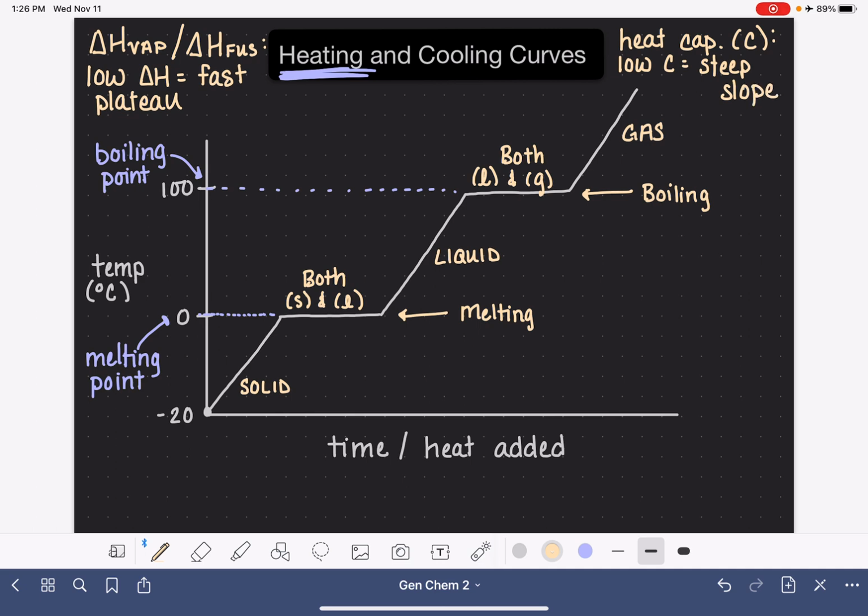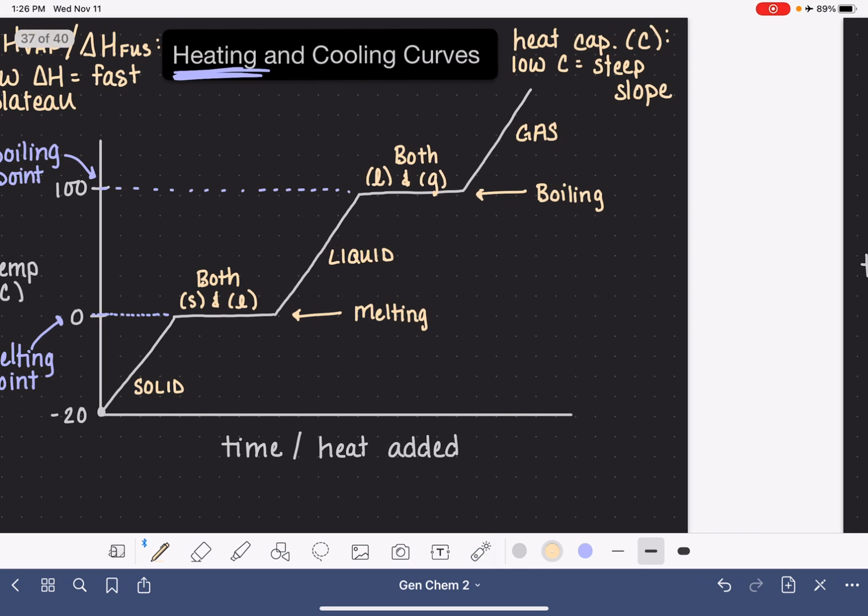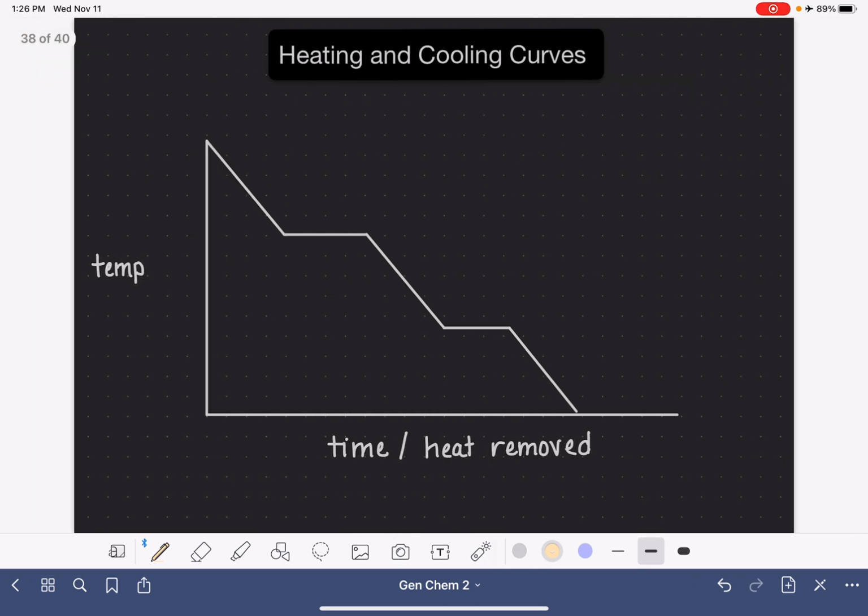Let's very quickly look at a cooling curve. It's basically the same thing, but in reverse. So this will be a cooling curve. We are starting at a high temperature, and in this situation, we are removing heat, of course. We're cooling it down. And so all that we see here is just the graph in reverse. All of the same features. We are starting off in the gas phase, and we are lowering the temperature until we get to this point, which is where we have both gas and